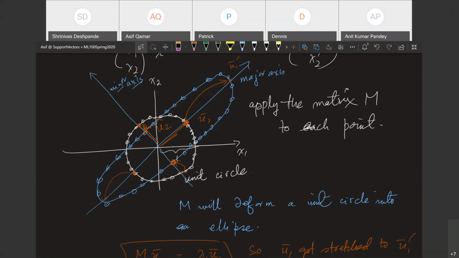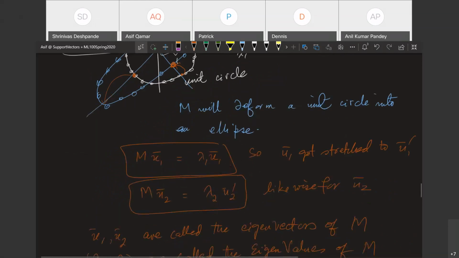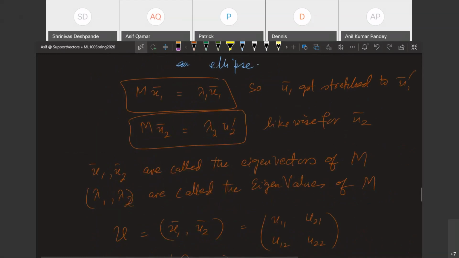So those points are unique, those directions. If you take the unit vectors of these two directions, and of course they're opposite two other directions, but let's just take two directions, u1, u2. Those two unit vectors represent something interesting. They're called eigenvectors because this matrix only scales them up. In other words, if you have u1, the matrix M will just scale it by a factor lambda 1, and u2 is scaled by a factor lambda 2. Lambda 1 and lambda 2 are called the eigenvalues of the matrix. The directions u1 and u2 are called the eigenvectors.